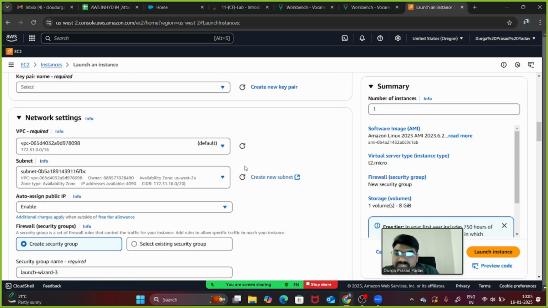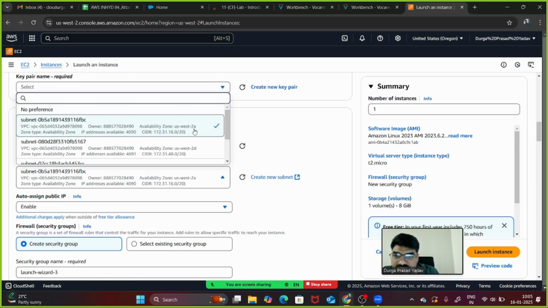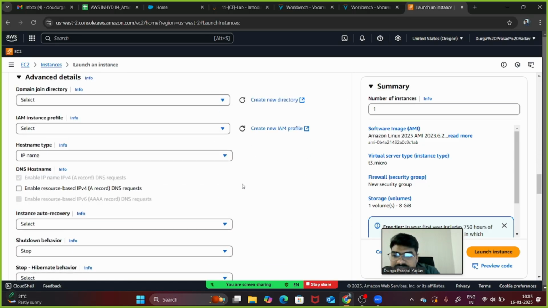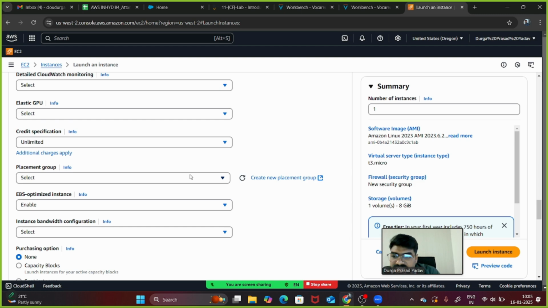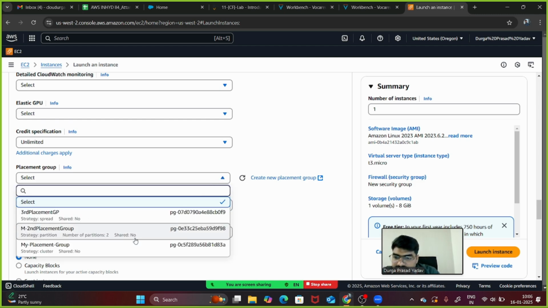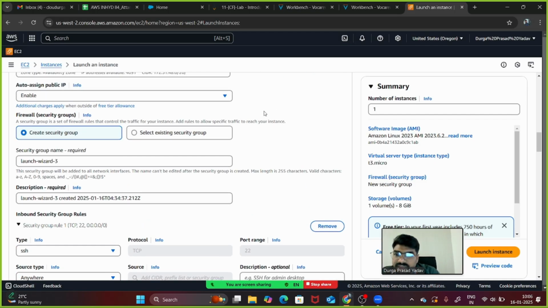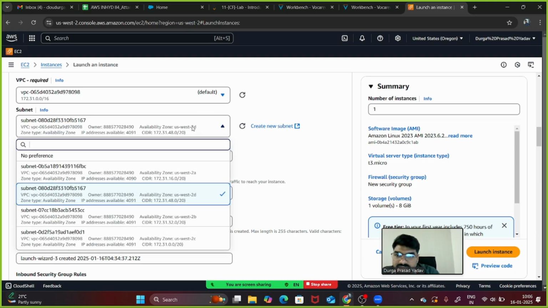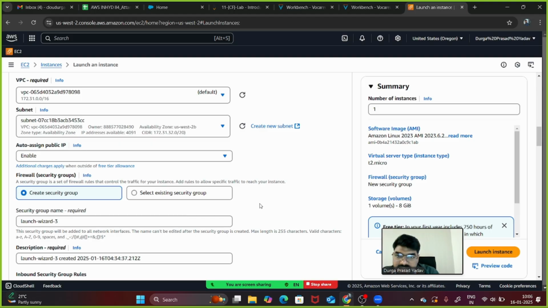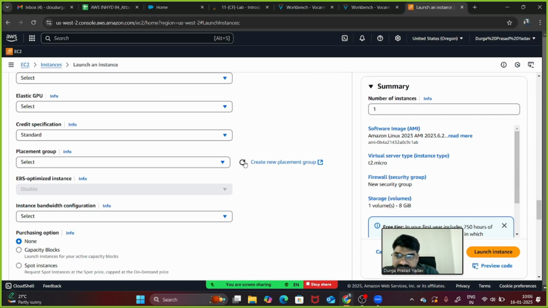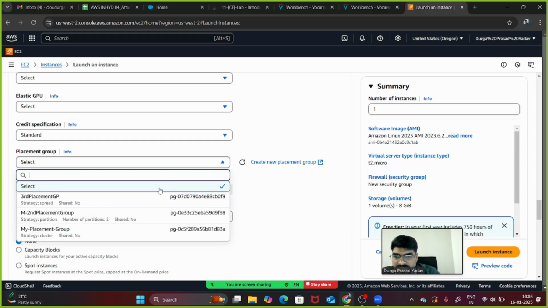But if you select a different availability zone from here, I'm selecting a different availability zone. This is US West 2A. Now I'm selecting US West 2D. If I select a different availability zone, then you see the placement group is coming again. A was there and D. A, B. Let's try with the B. And we need to refresh it once.